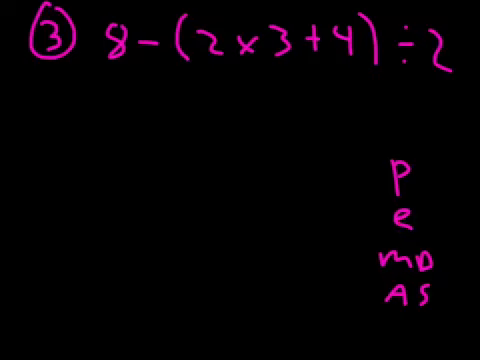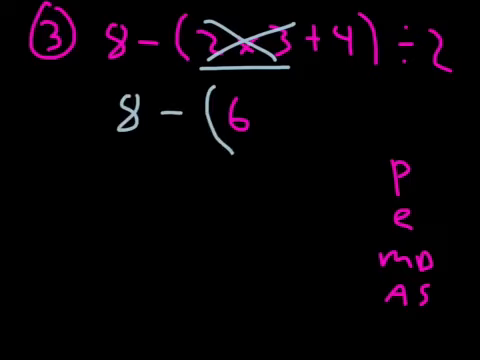So I have no exponents in there, but I do have multiplication. So I do that first. 2 times 3 is 6. Okay, and then you write everything else out. So I just did 2 times 3, so I'm going to cross that off, but everything else needs to go. So I have 8 minus parentheses 6 plus 4